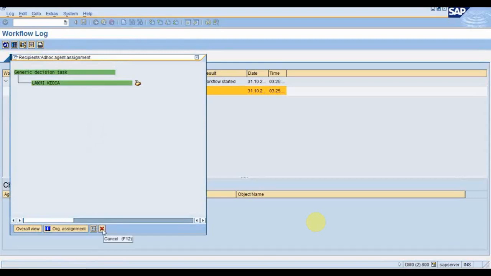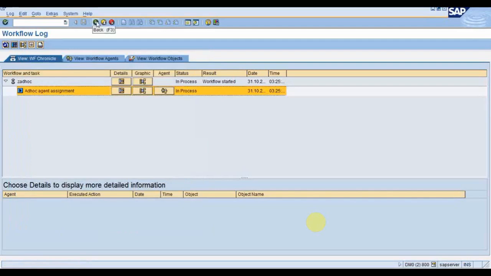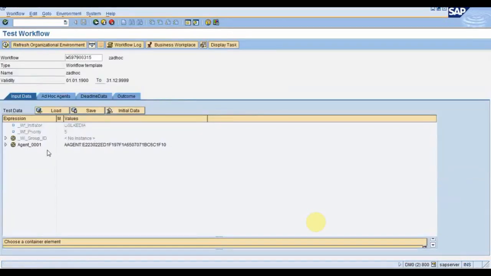So this depends upon the desire of the user, the workflow initiator, who will be initiating this workflow. But we don't use this, because nobody executes this workflow manually, nor is this ad hoc agent assignment done in real time. Rather, we do it in a dynamic way. If they don't want a user to receive this work item, they will just remove that user from the backend, and that user won't receive the work item, instead of doing this agent assignment in an ad hoc manner. This is how we do the agent assignment in ad hoc manner.